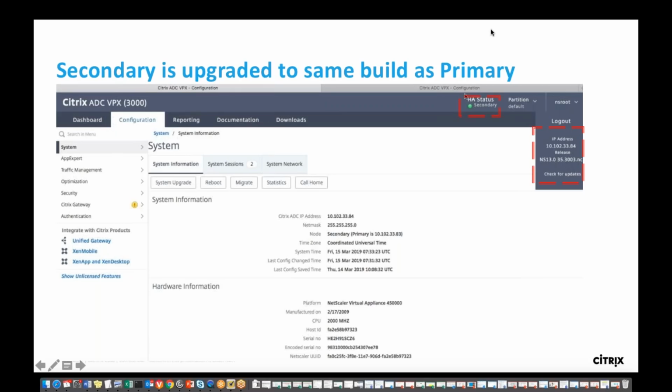So is there a pre-check before the migration and upgrade is done to make sure that the amount of free space is available? Yeah, so right now the pre-check has to be done manually. We have added a button to check the disk space that is available in the system before doing an upgrade. You can check the space available manually, and then we have added an option to delete the files which are not needed, and you can delete them via the graphical user interface as well. This is a new feature that we added in 13.0.